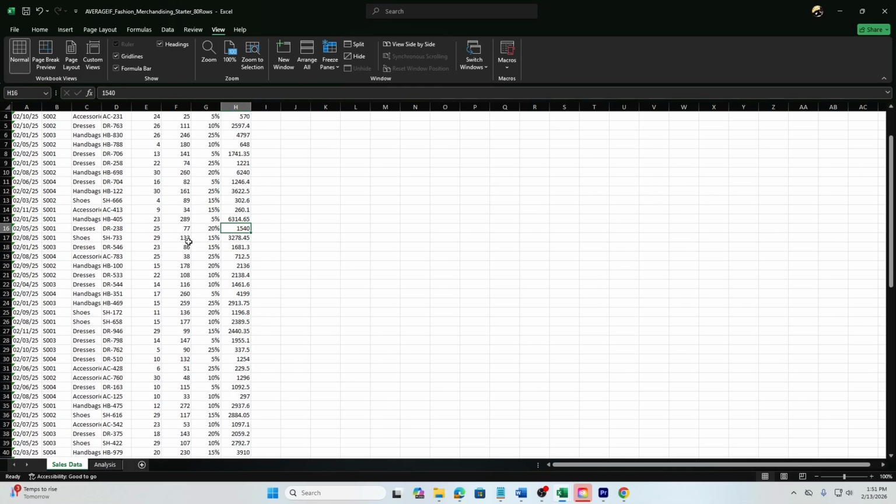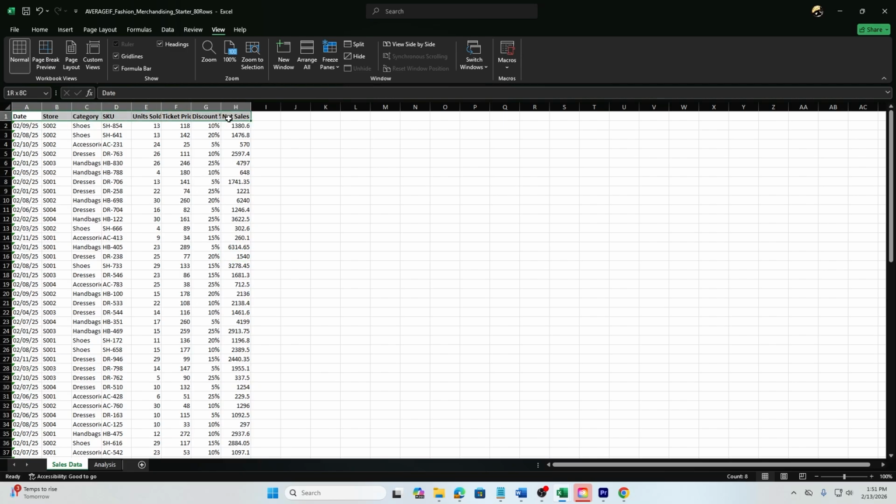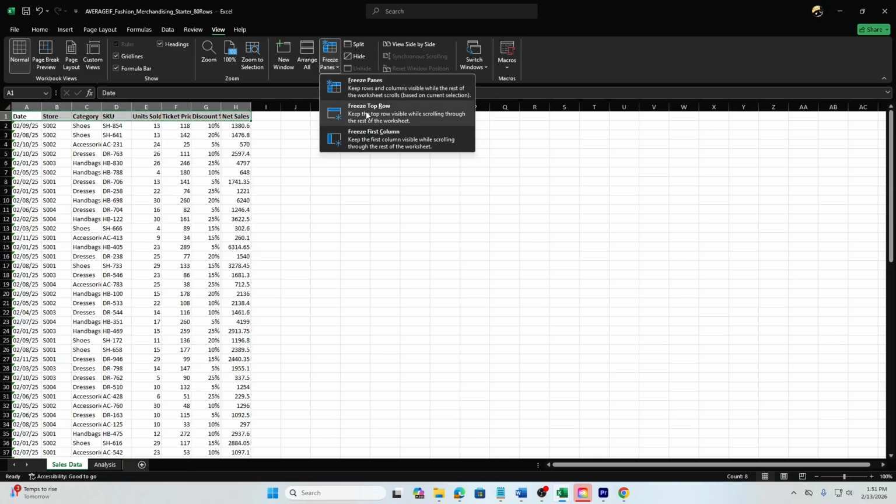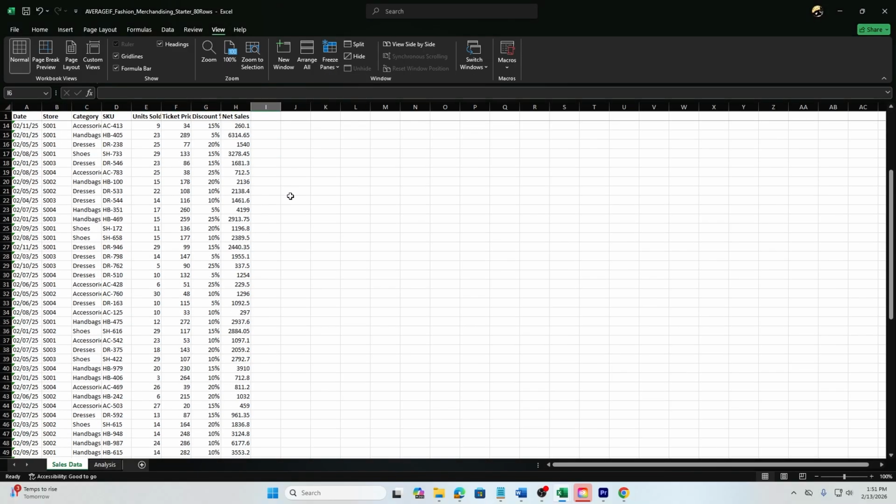And if I scroll down, I lose my header row. If you're in a scenario where you don't want to make a table for some reason, and you want to scroll down and you don't want to forget what's here in the top row, you can freeze this top row. I would like you to freeze this top row in the homework that I give you. You go to the View tab, click on Freeze Panes. You can click Freeze Top Row,